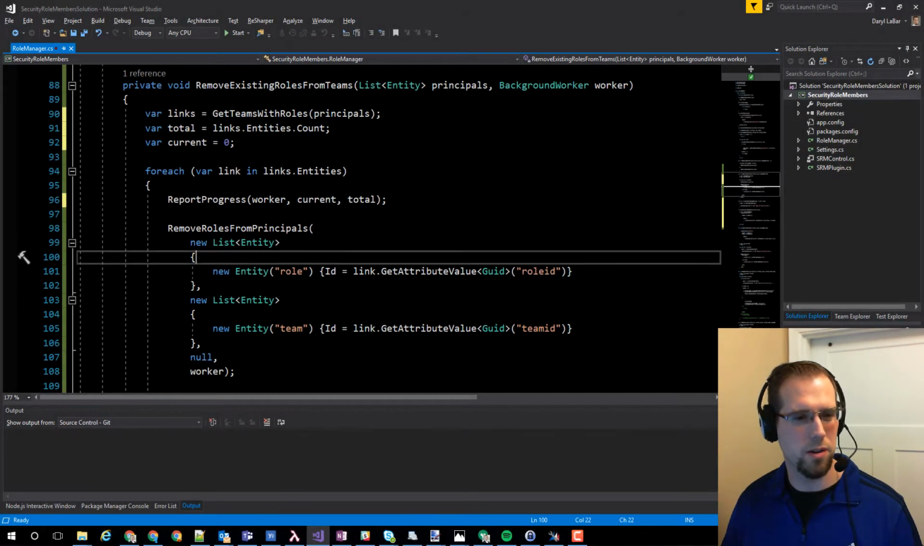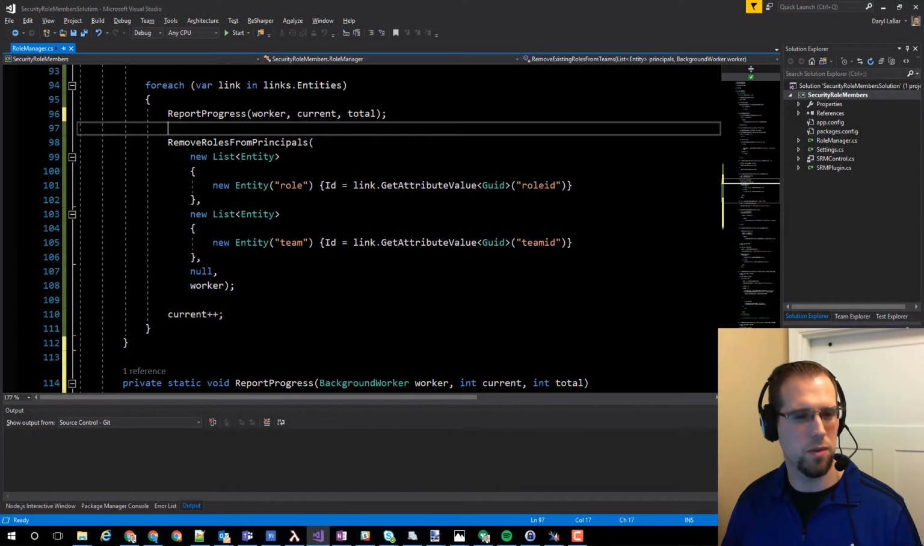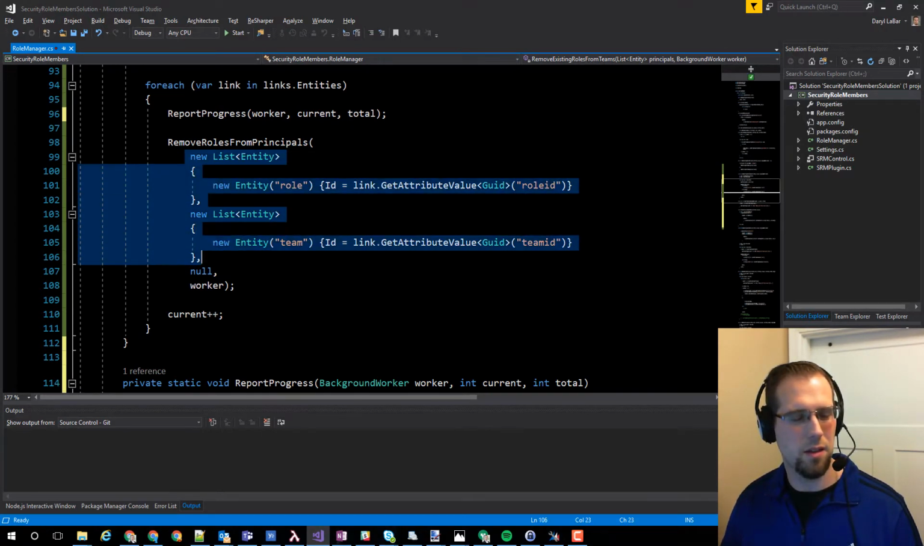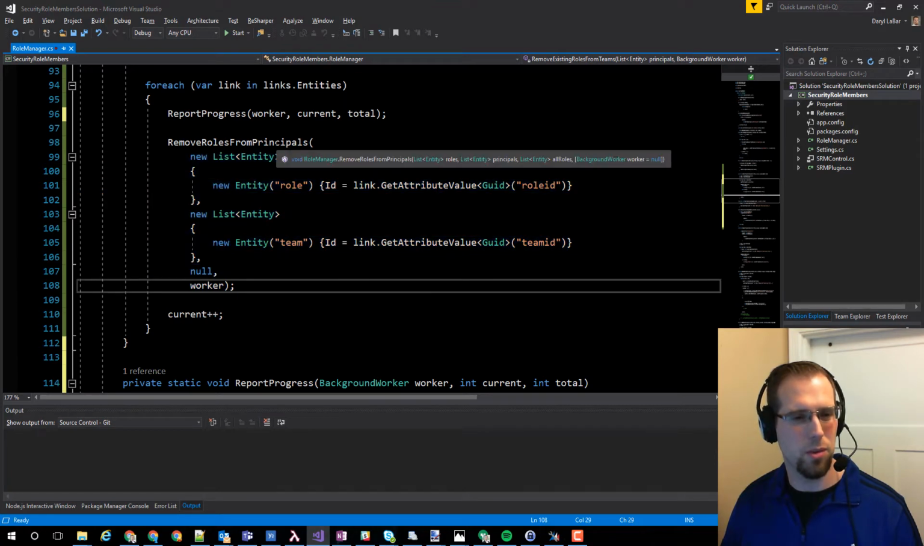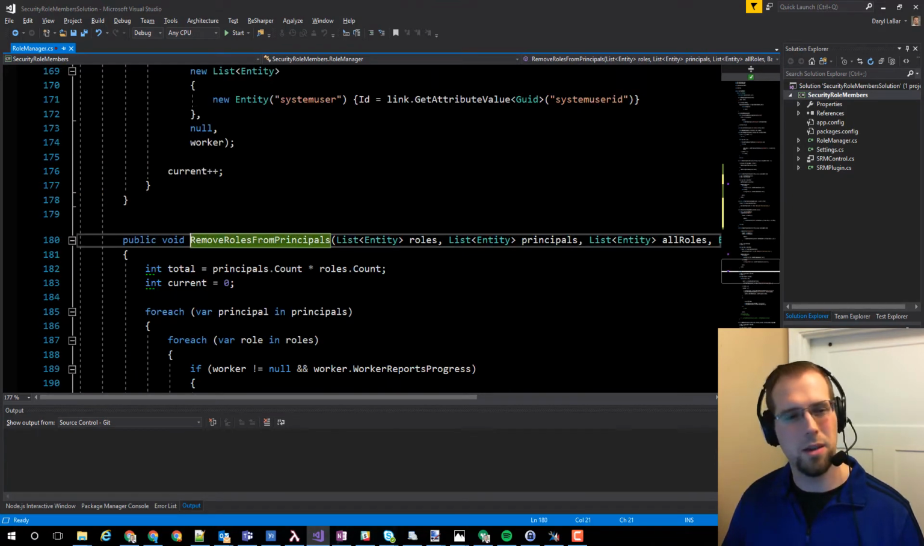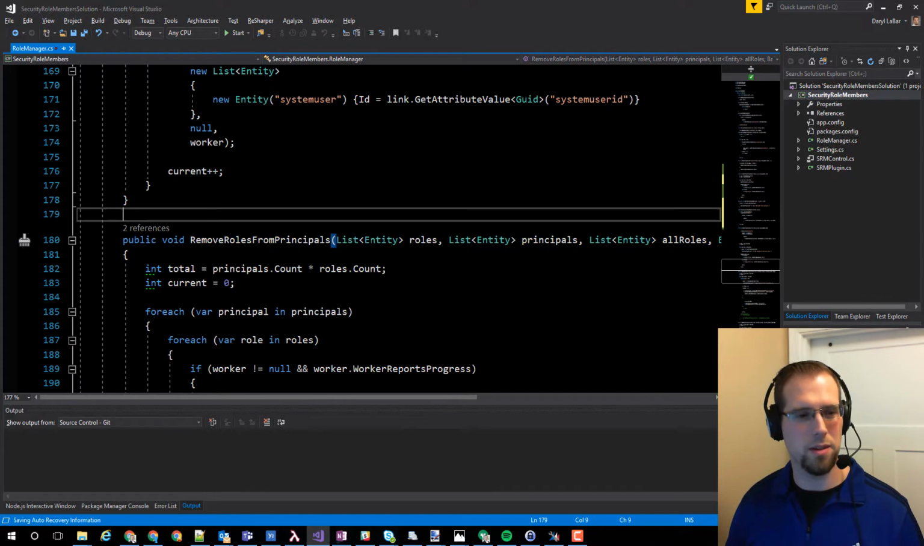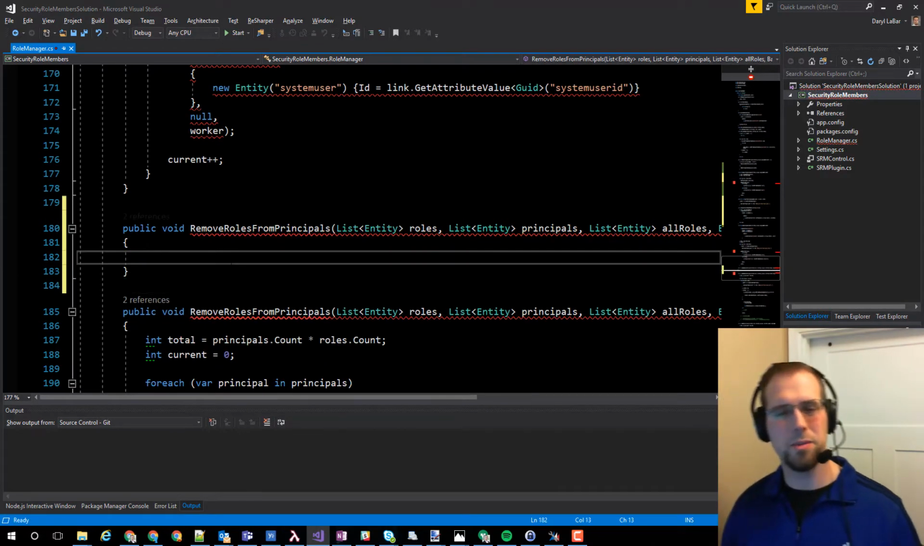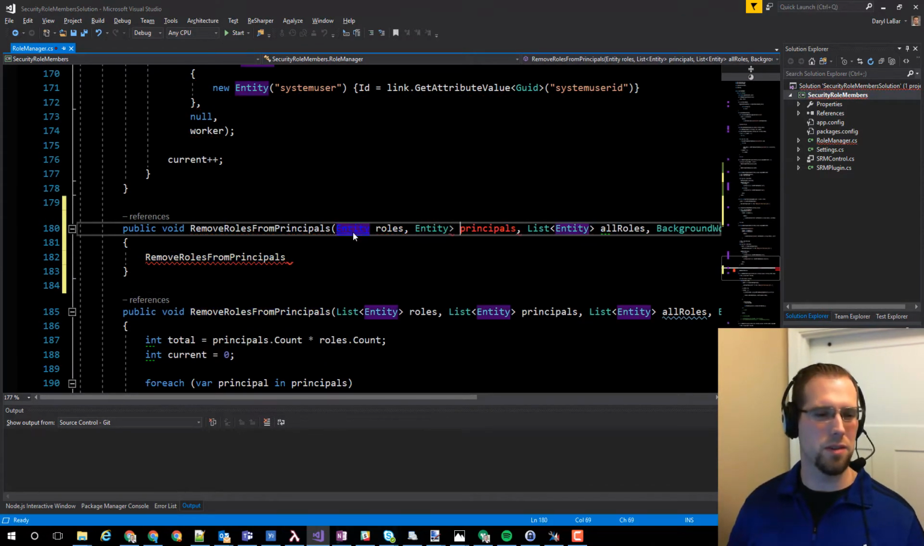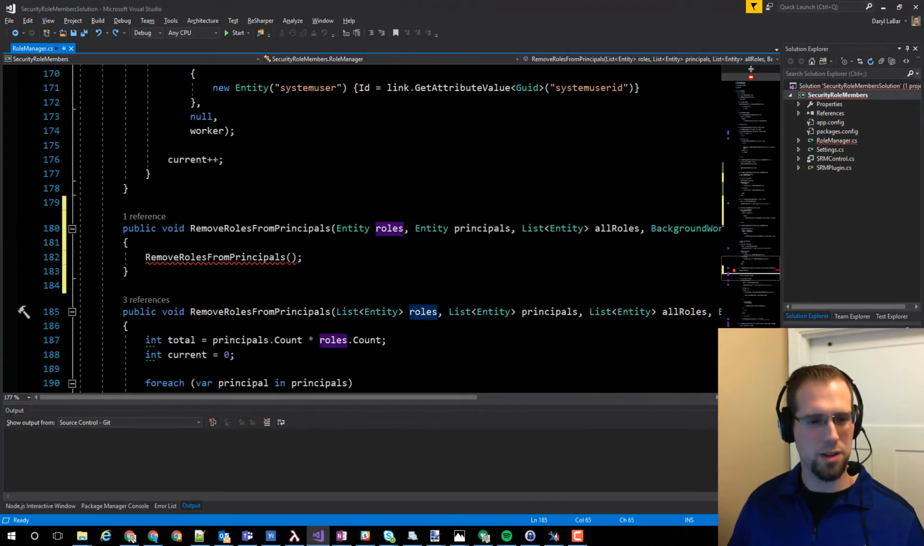Import the progress, work at current total, remove roles from principals. And again, this is kind of annoying to me that you have to go through and specify all those things. So I might just make another overload for this thing. It's something this small that really doesn't make that big of a difference. But if you've got a large project where you're having to do that all over the place, it really could